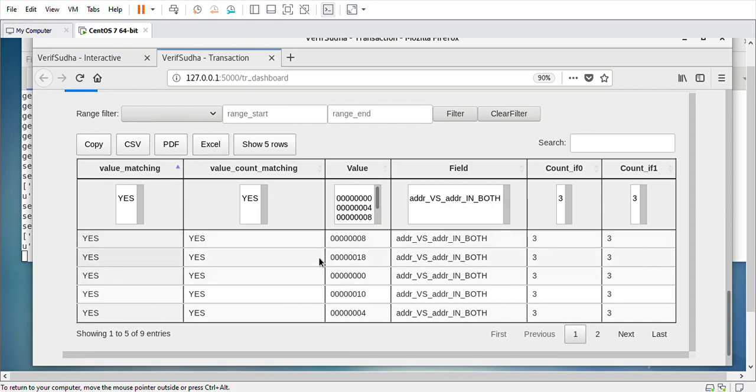So both are matching. But if it is a passing and a failing test, you would be able to see the difference. Or if it is a request and a response type of interface, and if a particular tag has been missing, this type of comparison would quickly give you an understanding of where to look.